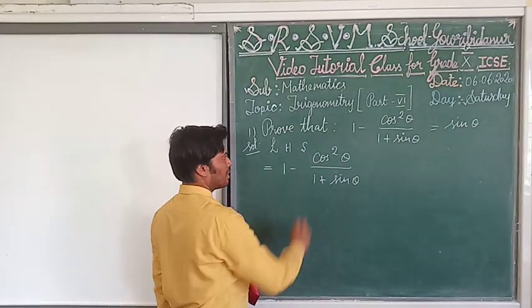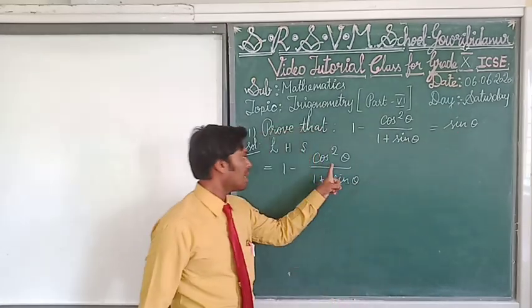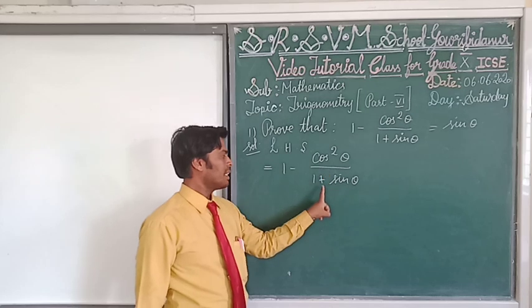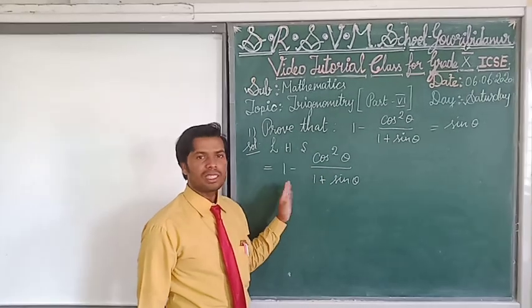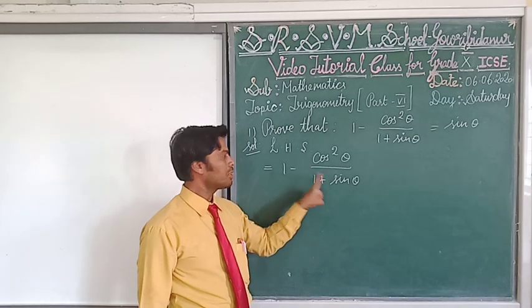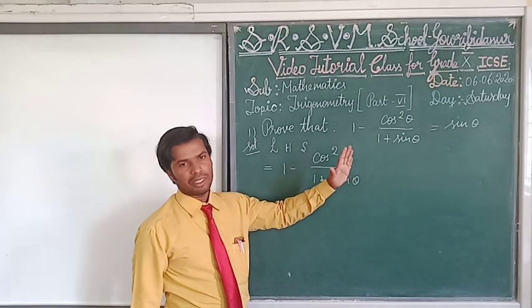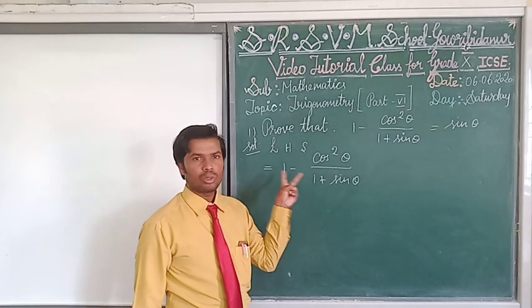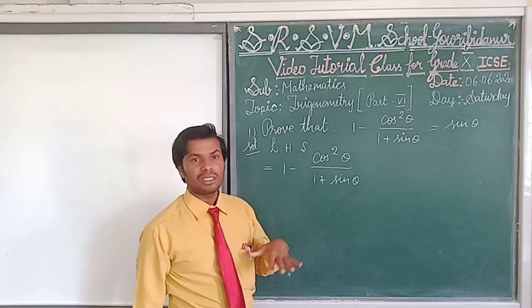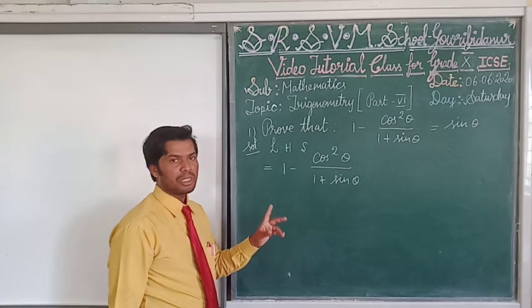On the right-hand side only sin theta is coming, while here cos square theta is also there, and 1 plus sin theta is there. Here 1 divided by 1 is there; the denominator is not the same. Here two terms are there, and here one term. What is meant by term? Terms are divided by the symbols, here one is minus and another is plus. So two terms are there. The denominator is not the same, which means we want to take the LCM. For that purpose we do cross multiplication.